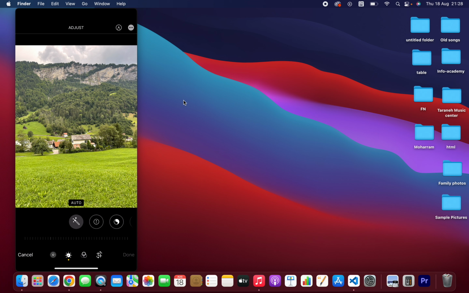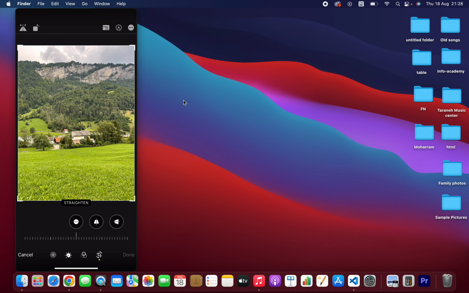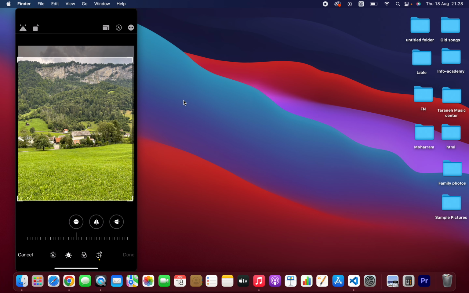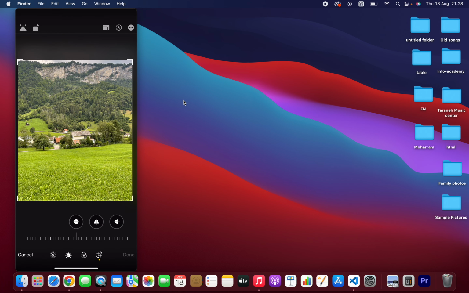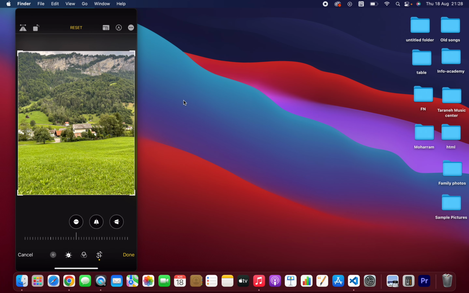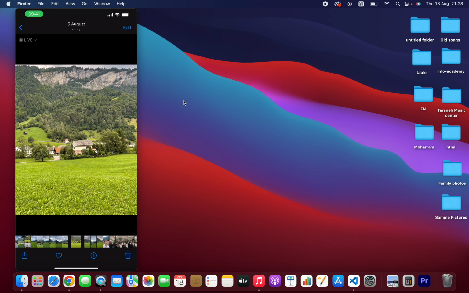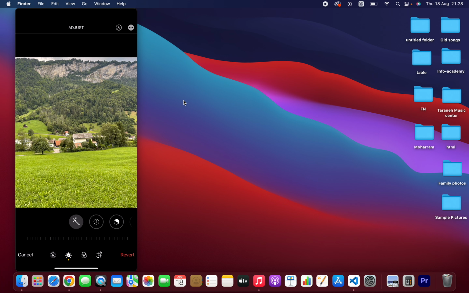We can crop the image. We can choose this option, as you can see. For example, if you want to cut, you can crop the image. Okay, and once you finish you should click on Done. And yeah, I cropped the image, and now I'm going to